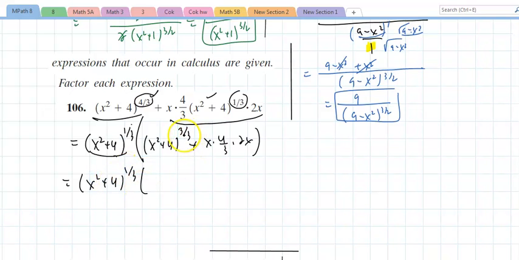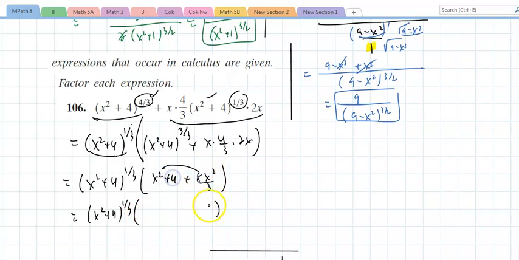Now you just have to simplify. That's to the 1. And here, wouldn't you say that this would be 8x squared over 3? And wouldn't this be x squared plus 4 to the 1/3? You have a couple of options here. You could just add those. You could put the whole thing over 3. It makes no difference. You could say that's all over 3. That is 3x squared plus 12 plus 8x squared. That's fine. And then from there you would say